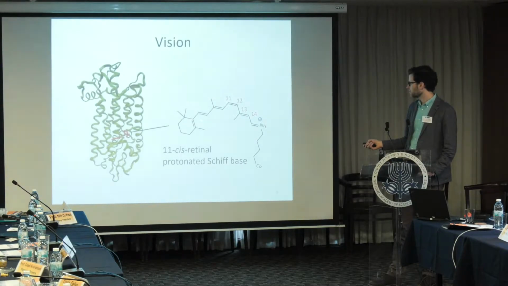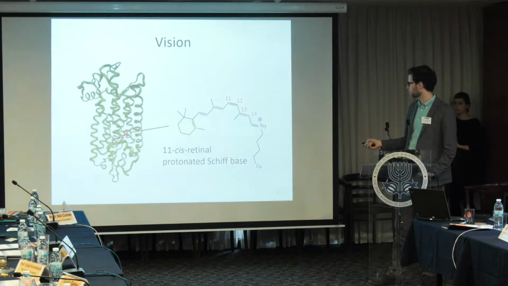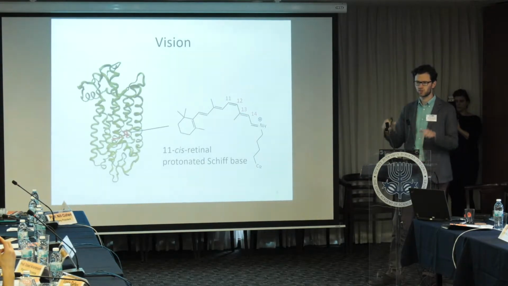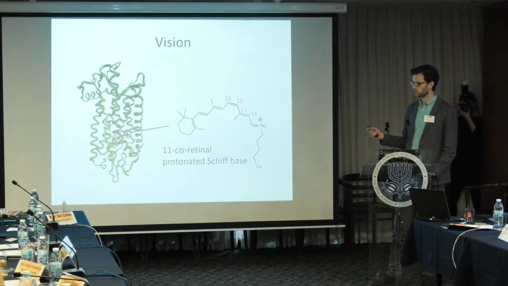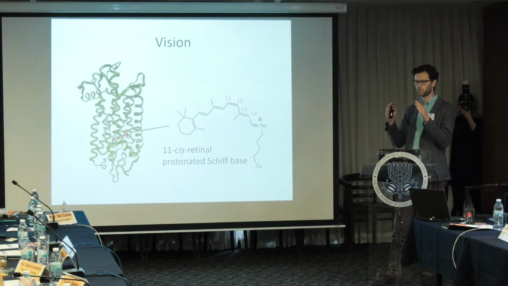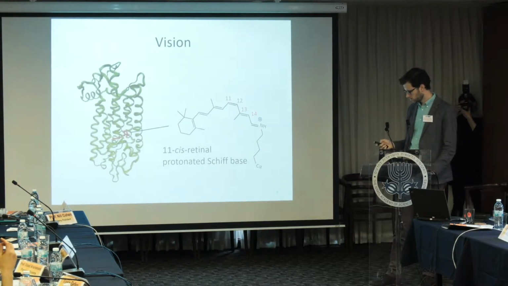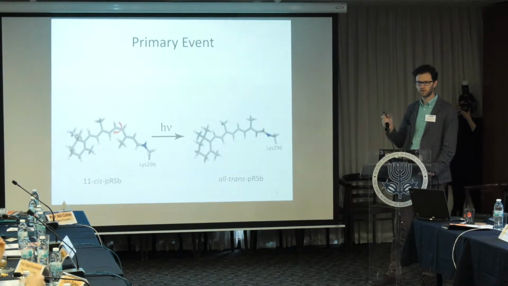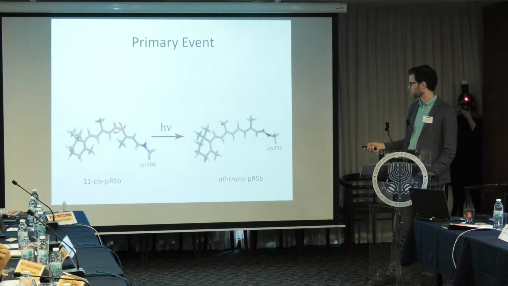In rhodopsin, it's present in the following configuration. So it has 6 double bonds. All of them are in the trans configuration, while the one in the middle is in cis. So since cis and trans describe a configuration of a double bond, it's a nomenclature to describe whether the substituents are on the same side of the double bond or on opposite sides. So now, the primary event in vision, how everything starts, is when retinal, which is also called a chromophore